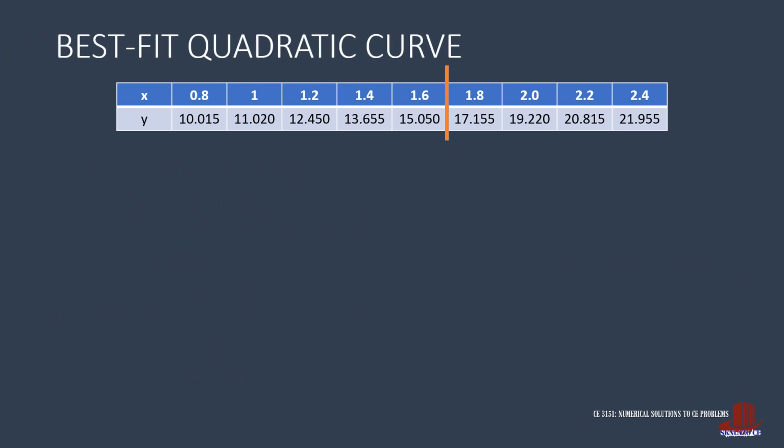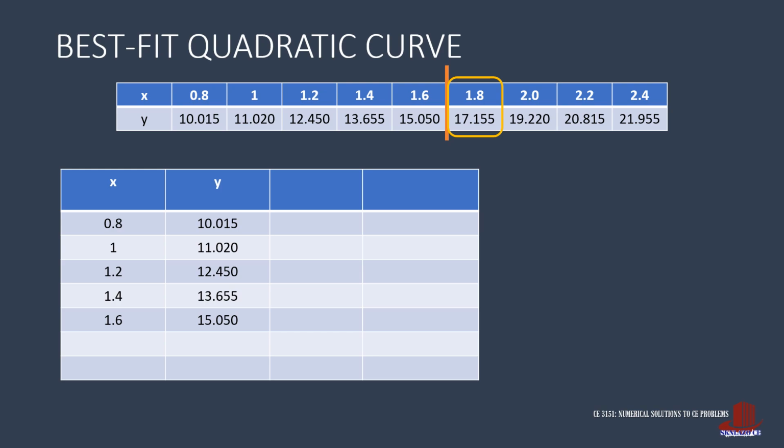In case we are also to take the function of the quadratic curve of the same dataset, let's say that we want the curve to pass through the point 1.8, 17.155. With the same start, create a table for the first group containing x from 0.8 to 1.6. Capital X is also taken as x plus 1.8. And capital Y is the ratio of y minus 17.155 with x minus 1.8. These can be derived as shown in the previous video, but through patterns, one can easily figure out how to come up with these